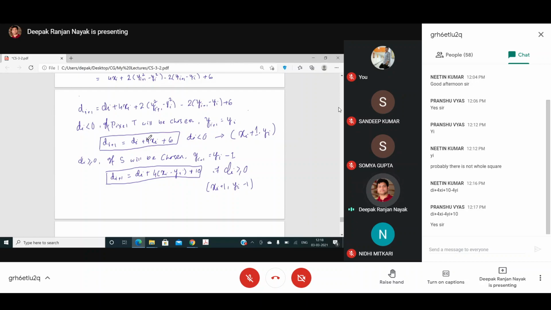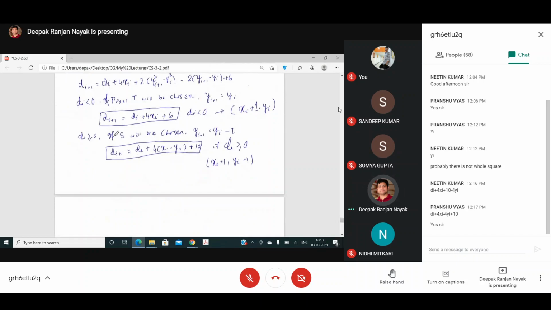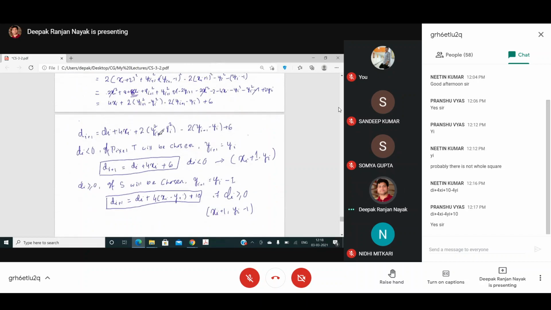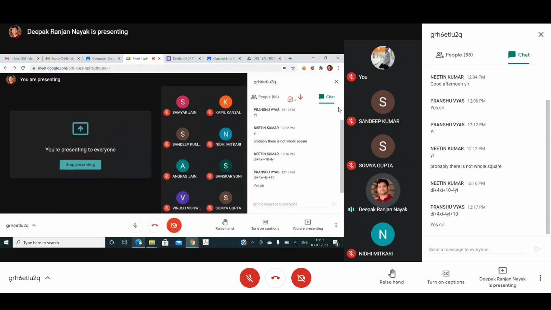The only one thing which is required here is the first d value, what we call the base value. You have to calculate the first d value. As I have already explained, you have to start from this point because you are moving from 90 degree to 45 degree and we are considering this octant, and if you calculate the pixel values for this octant, you can calculate the pixel values for 7 other octants because of the symmetry property. So you are starting from this point, and you know what is this point? Who can say? What is the coordinate value for this point?